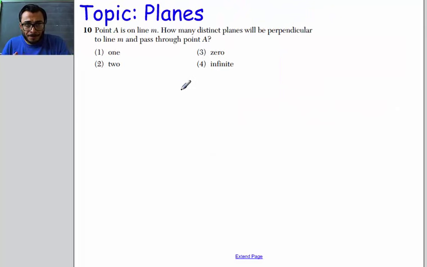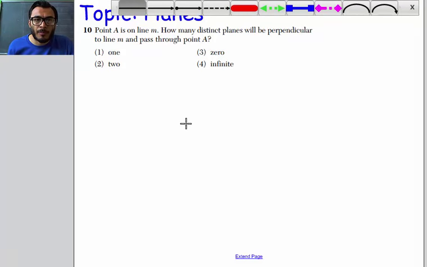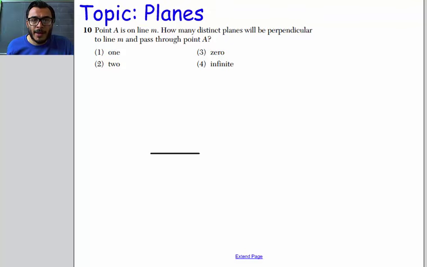Number 10, it says point A is on line M. How many distinct planes will be perpendicular to line M and pass through point A? So here is line M, and it's just an arbitrary line, and we have point A on it. Now,